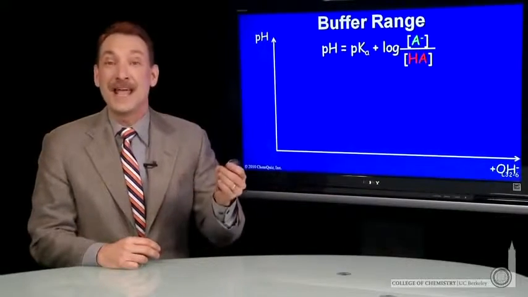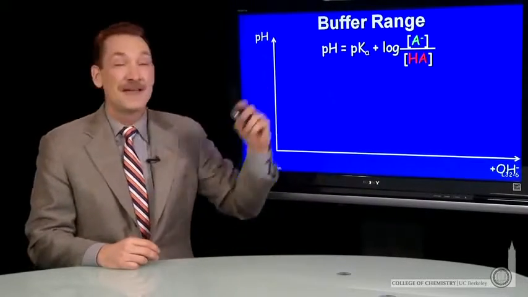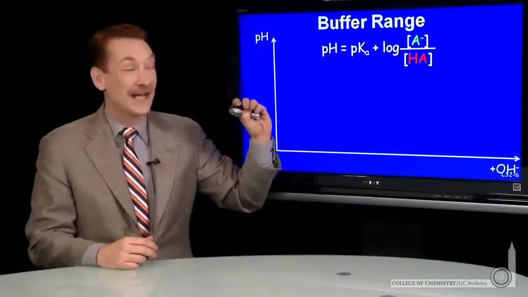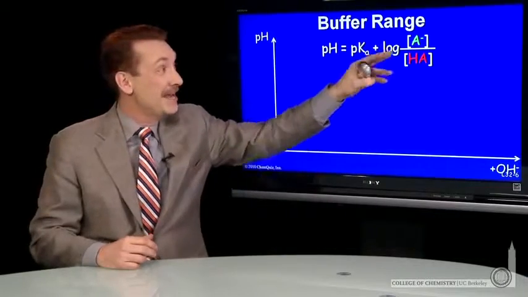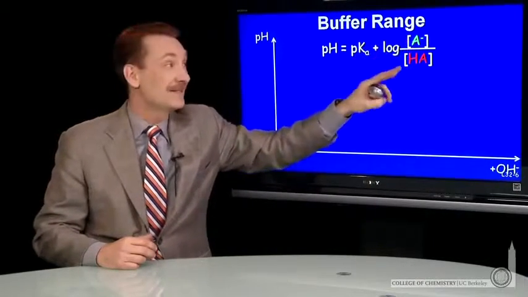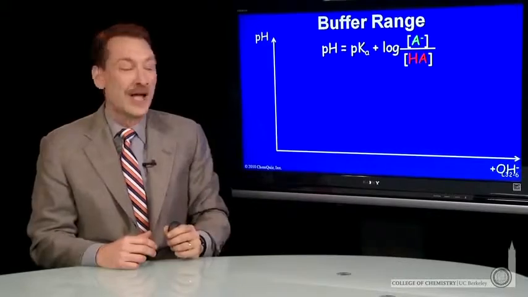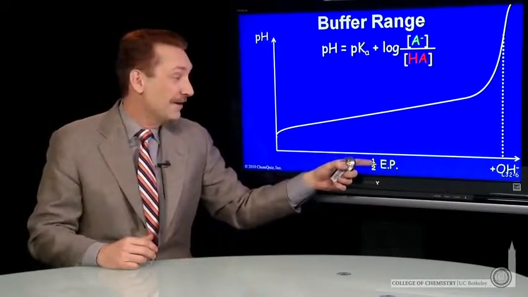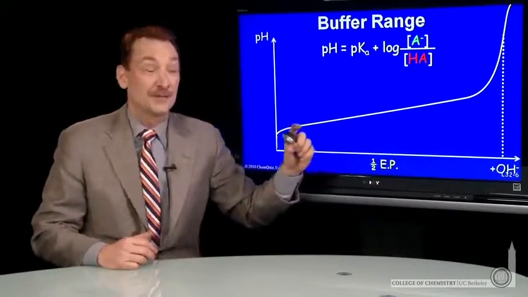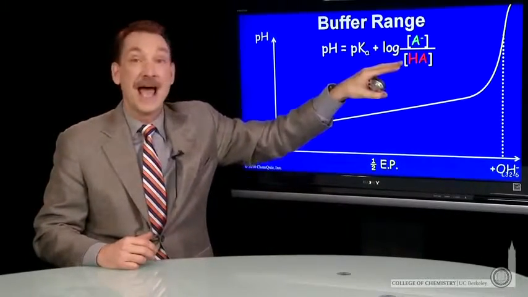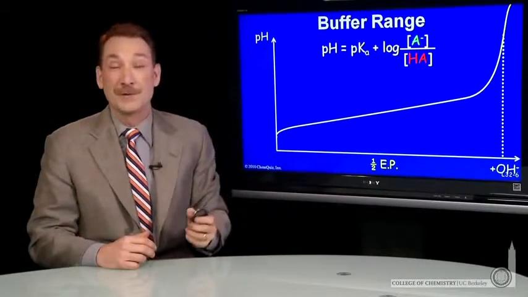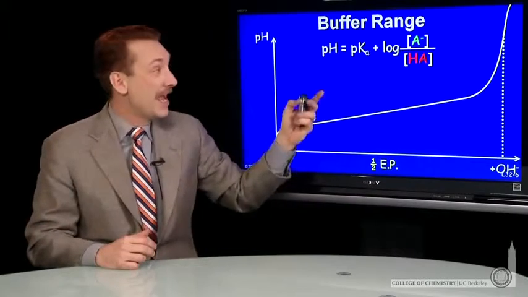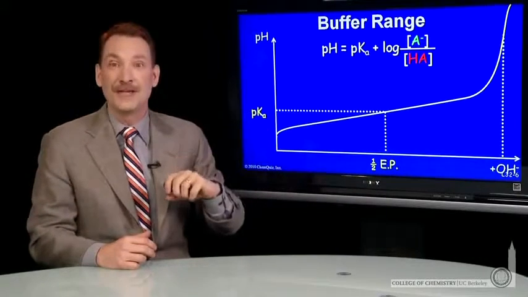We can calculate the pH in the buffer region using the Henderson-Hasselbalch expression. That says the pH is equal to the pKa plus the log base 10 of the ratio of weak base to weak acid form. So here I've expanded the buffer region, and we know that at half equivalence, halfway to the equivalence point, the concentrations of the acid and base form are equal. So this ratio is 1, the log term is 0, and the pH is numerically equal to the pKa at